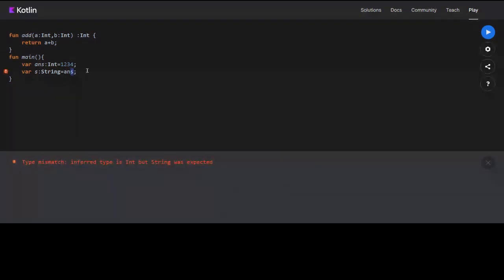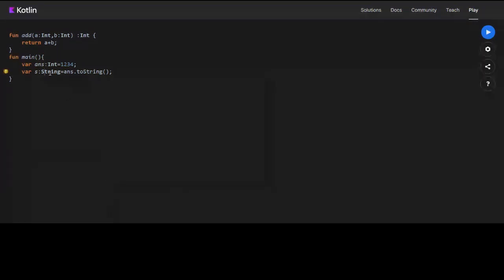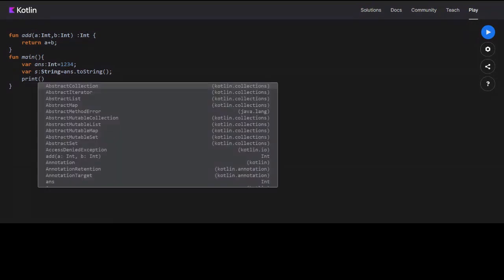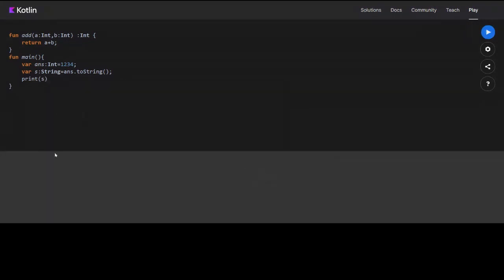But if you do answer dot toString, it should work. So this is not giving an error. You have changed the value of answer to string, and then you're passing it to s. Now if you print s, you will get 1, 2, 3. So that is typecasting. I think similar functions are there for toInt also, so you can change to integers also.